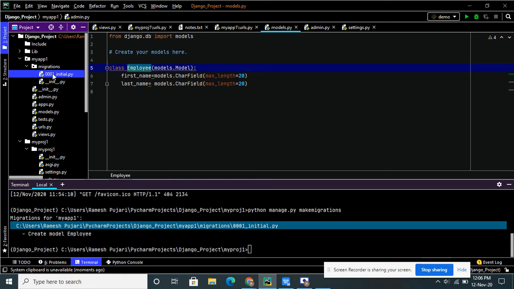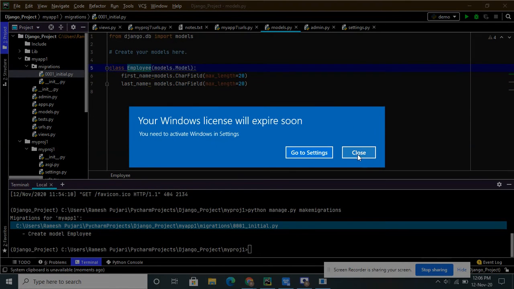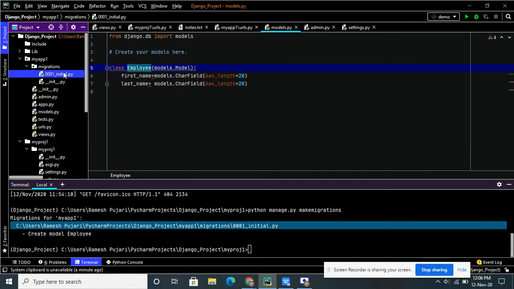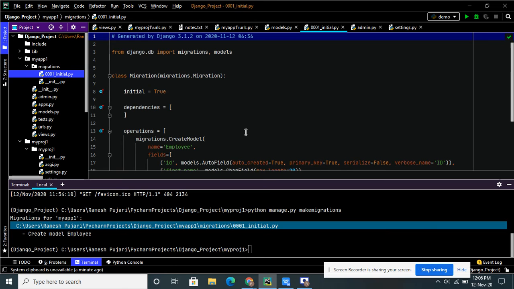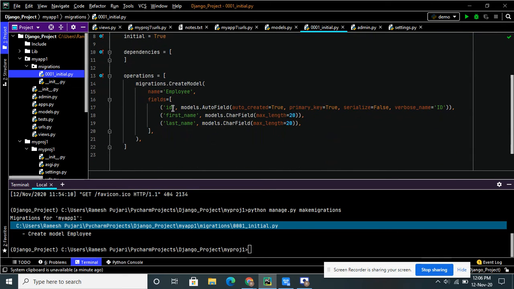So you can observe here, this file is automatically created. When you open this file, you can observe the ID field is automatically added, as I already explained. This field is automatically added to the model. So this is the first name and last name. These are my attributes or column names. Along with the ID, one more attribute is added by default by Python in the Python model. So this table is created in my admin interface.